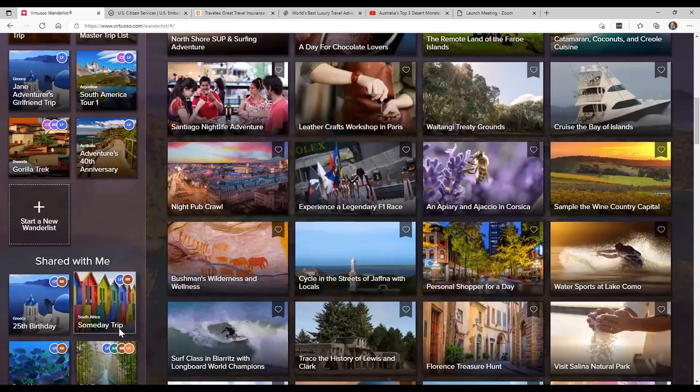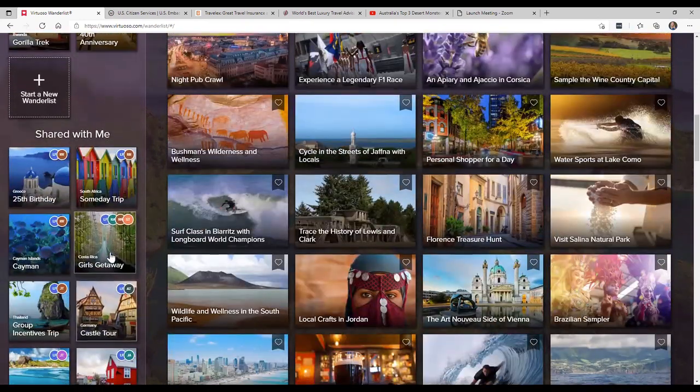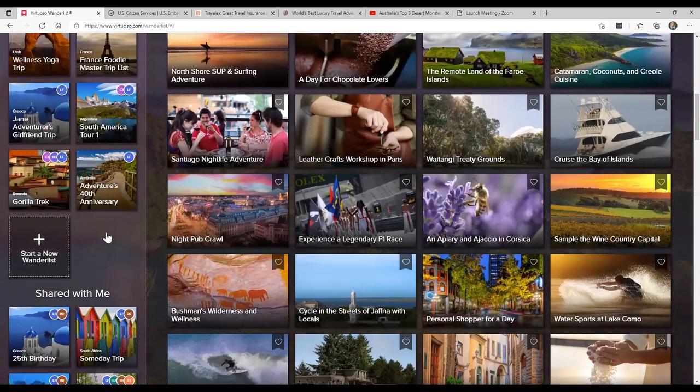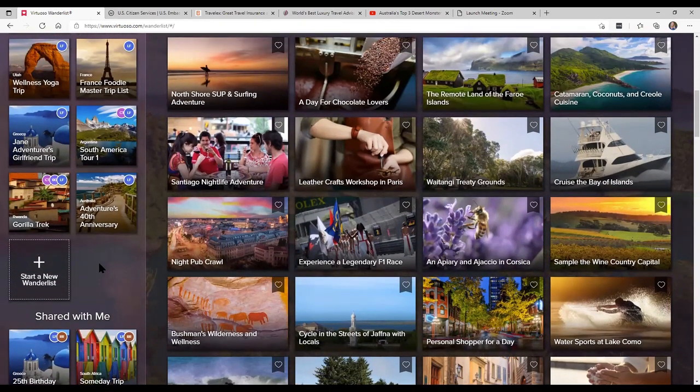This is the area when a client that's attached to me, because they used my link, creates a list, I'll get a notification via email, and then I can find their lists located in the shared with me section. So I could hop in to any of these lists and start adding my ideas to my client's list. But today we're talking about how do I create a list for one of my clients? Maybe it's a prospect, maybe it's a client, maybe they have a Wanderlist account already, or maybe they don't. There's a lot of different reasons why you might want to create a list for a client and then share that list with them.